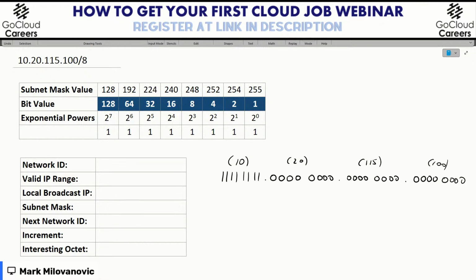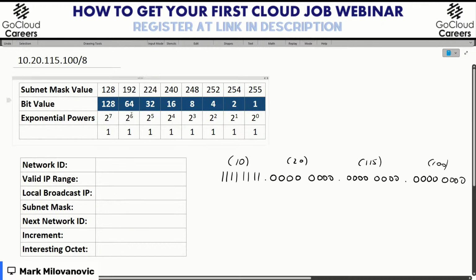So does somebody want to type in the chat what would be the decimal value that we would derive in the first octet? If we're turning on all the ones, we now need to add 128 to 64 and so forth. And you can cheat if you just look here at the top. All right, 225, perfect. 225, got it.